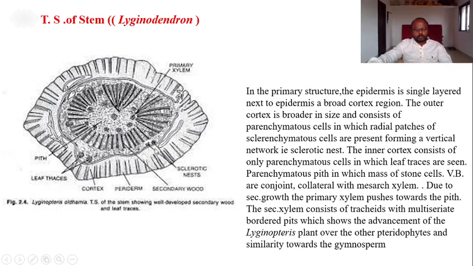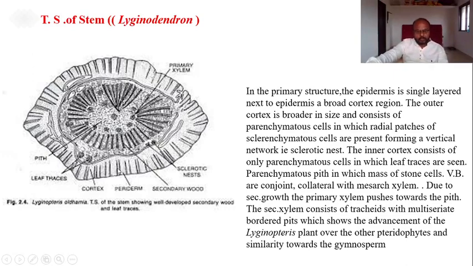The vascular bundle is conjoint, collateral, open type. That means it is a common vascular bundle, and due to this open type, the stem is open for secondary growth, and the xylem is always mesarch. Due to secondary growth, the primary xylem is pushed toward the pith region, and in the pith region there is primary xylem as well as sclerotic nests. Sclerotic nest means sclerenchymatous patches found in the pith region. So this part shows the secondary growth,